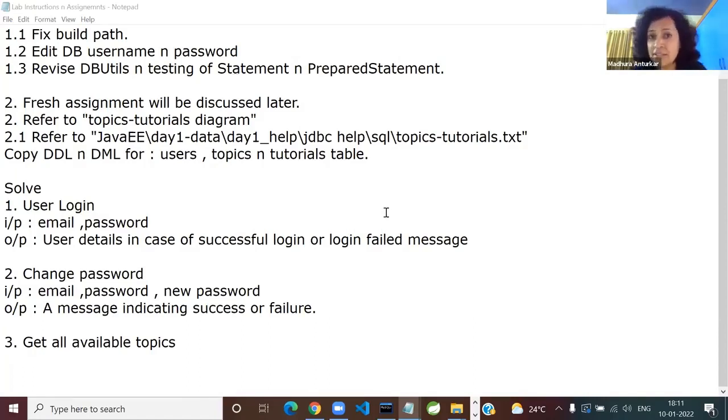Now you have written the DB utils, and now you are writing a tester. Which is the main package you are going to import, java.sql or the com.mysql specific one? Java.sql. Will you use any import static to call that utils class's method? 100%. All those things I think you can manage, so let me not micromanage you. Let me just give you the steps.